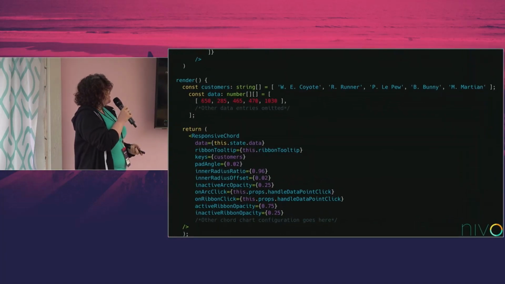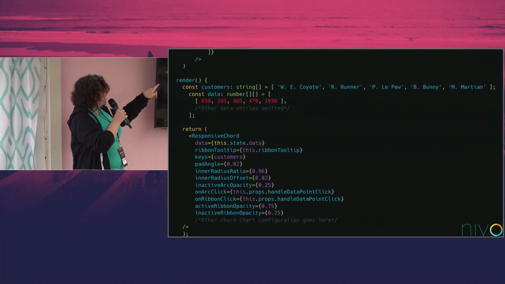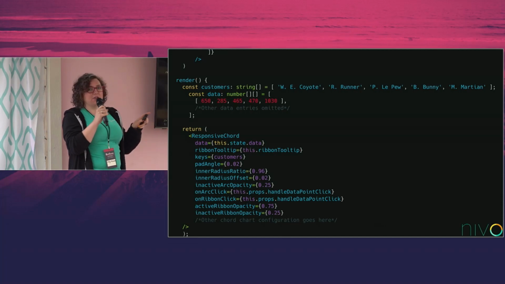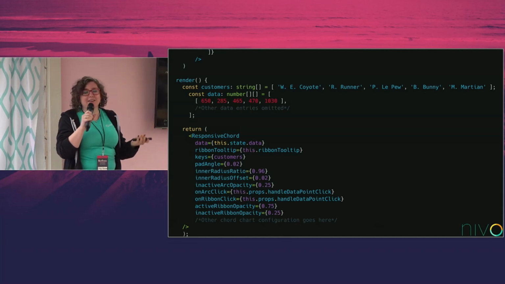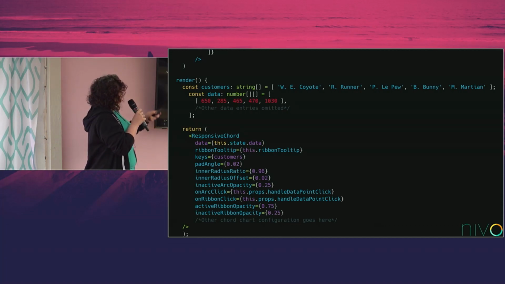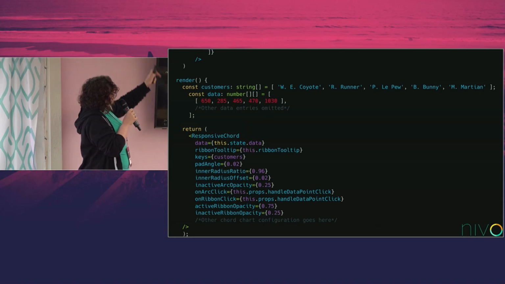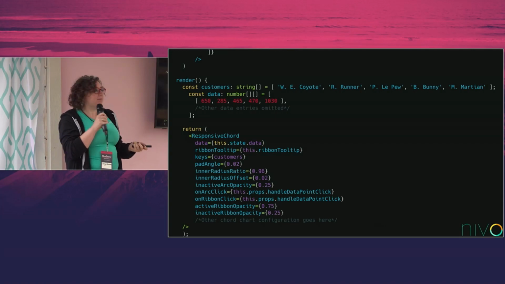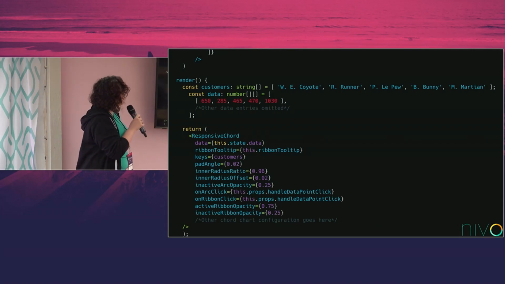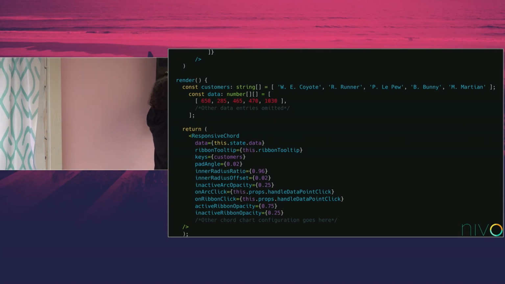Well, first things first, it's worth noting that this is a responsive chord out of the box, so it doesn't have this container idea that we saw in Recharts before. You'll see here that I've got all my categories as keys, and then my data is basically a matrix. So just to try and explain this a little bit, you'll see that Wile E. Coyote effectively here is sending that 650 to himself because this is position 0, 0 in our matrix. And then he's sending to Roadrunner the position at 0, 1, which is that 285 that's sitting there.